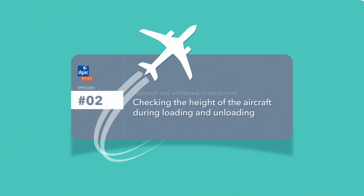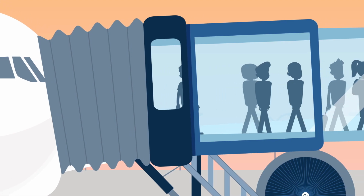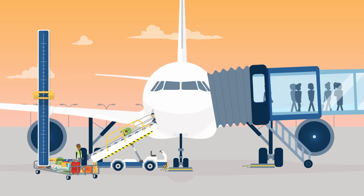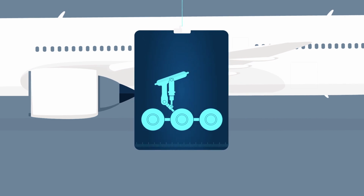Checking the height of the aircraft during loading and unloading. When loading or unloading an aircraft, whether it involves passengers or goods, the weight of the aircraft changes. Just like a car, an aircraft has shock absorbers that will be more or less compressed, depending on the load